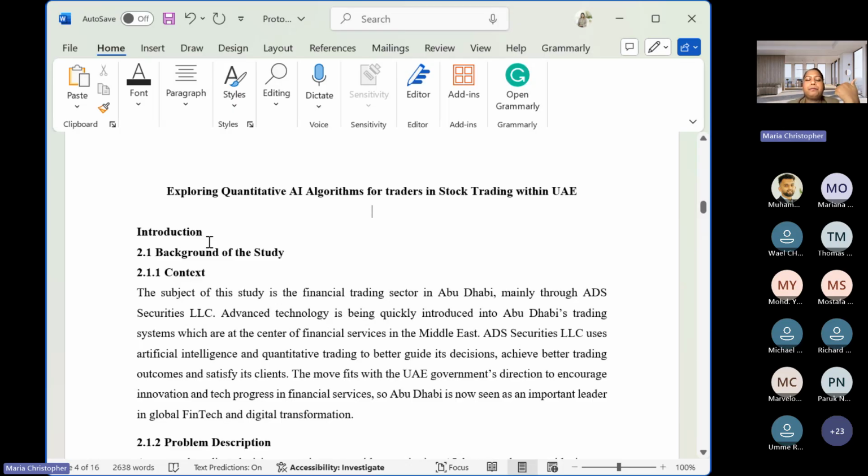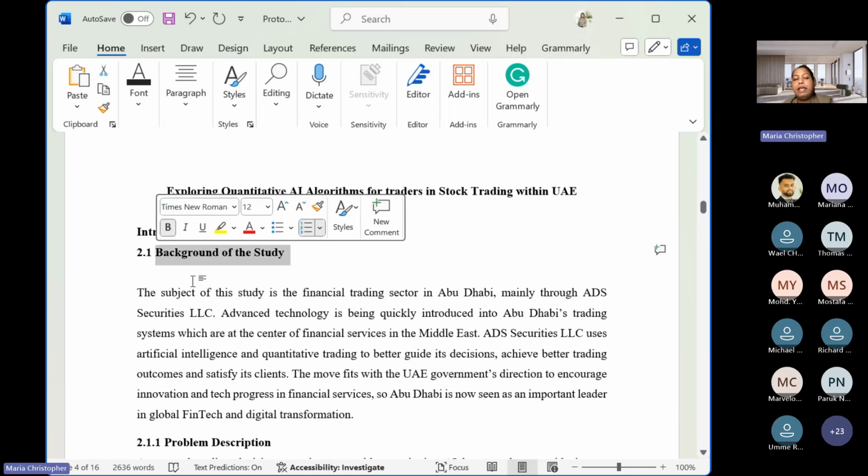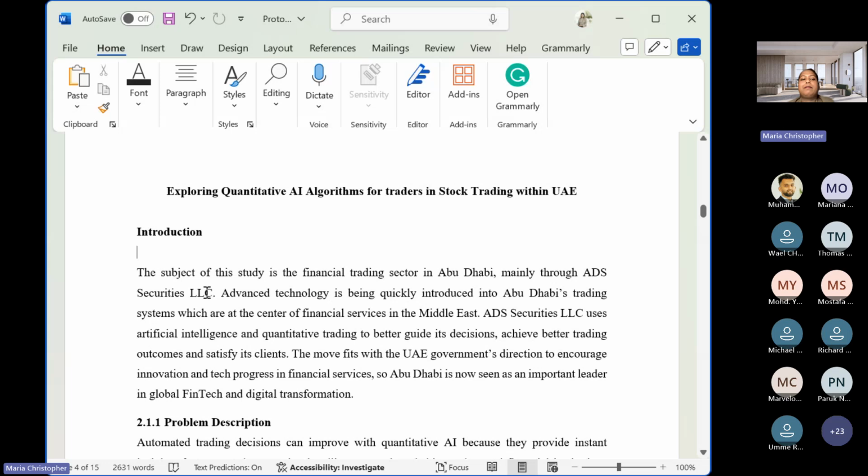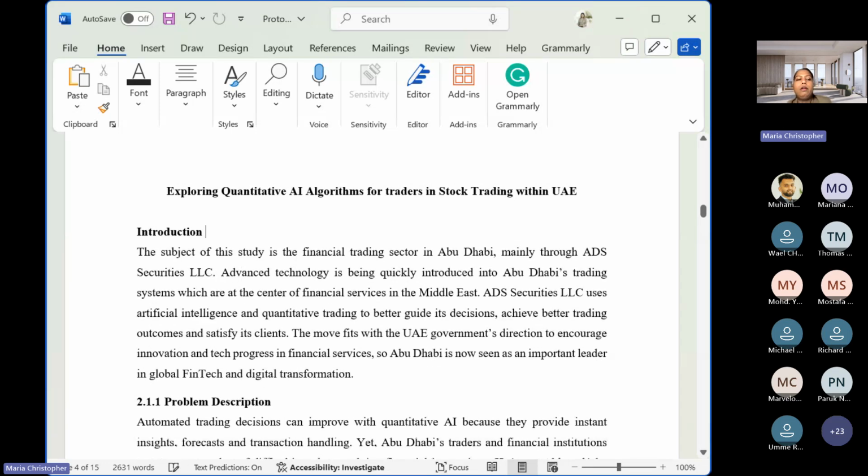So introduction and the background of the study are 2 different things. And the context is totally different. So don't clutter with too much information. Should you require a background study, you can go ahead with it. If not, just start with the introduction. Give an introduction on what your study is all about, which is really important. In fact, that is how the assignment brief is